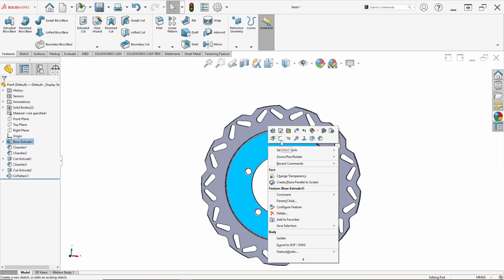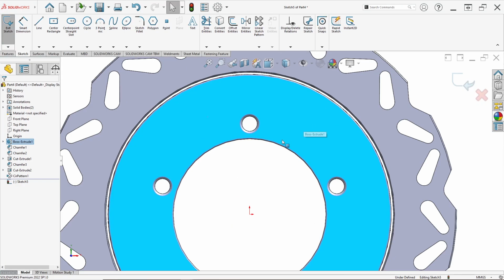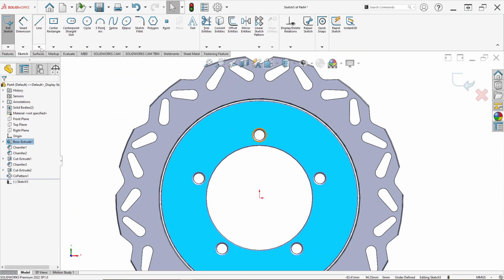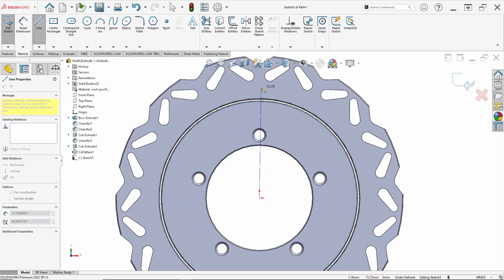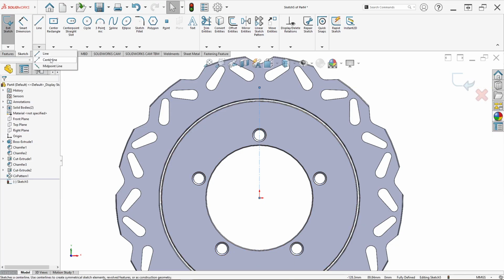Right click again in this face and click sketch. Then draw center line again in here to the top, and draw center line again. Draw center line again.